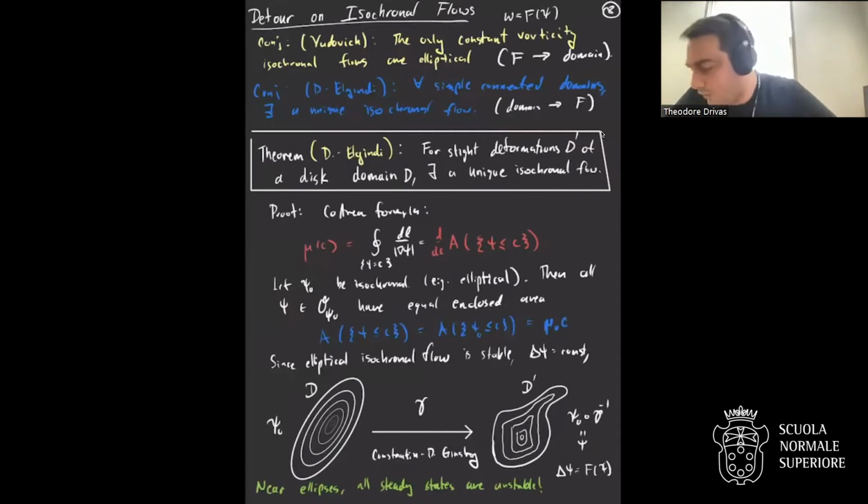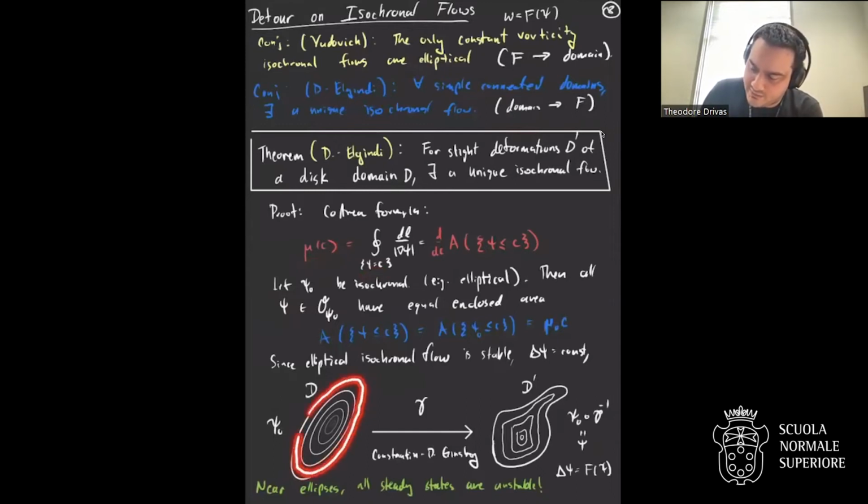Now we can deform that isochronal flow to occupy domains that are small, smooth perturbations of a disk. And that uses the theorem with Peter and Dan. And the basic idea is that, first, note that the period of revolution around a streamline, let's call that mu of c. So the streamline is psi equals c. Mu of c is the time it takes for a particle starting on that streamline to return to its position. They're all periodic if there's an isochronal flow.